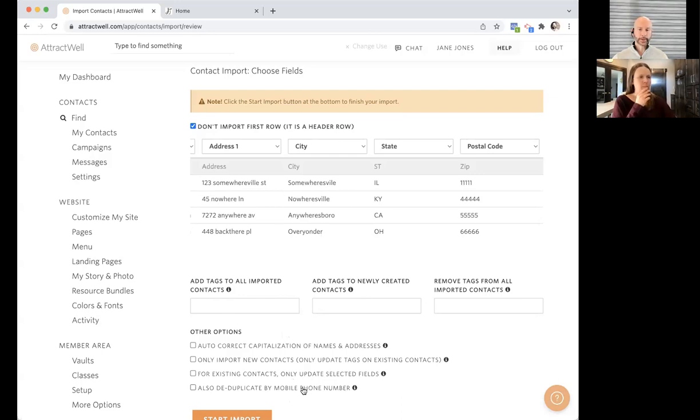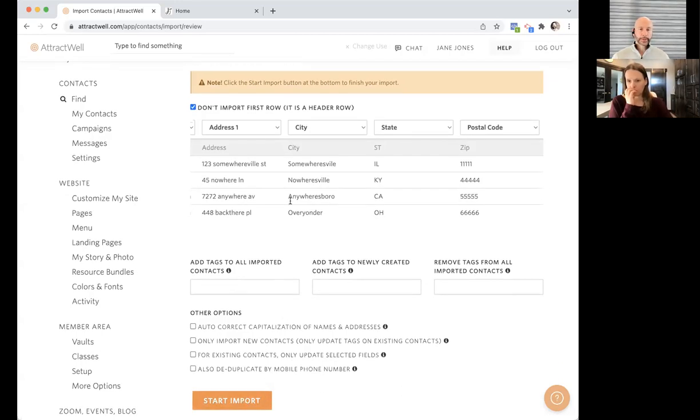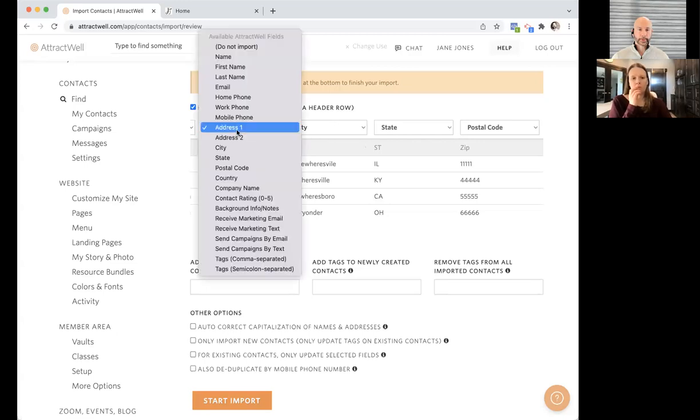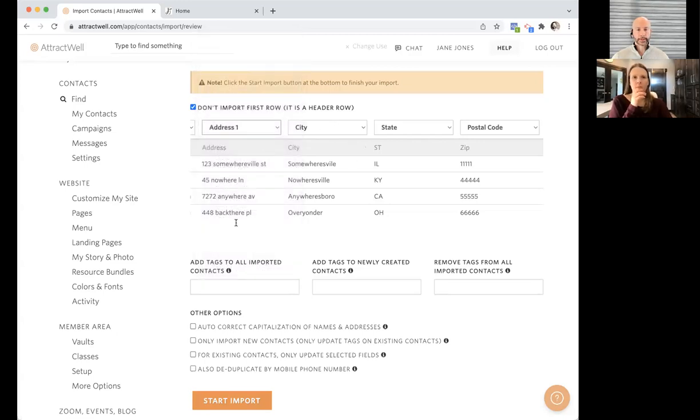If you only have a file that has a phone number in it, no email address, you would have to check that box in order for it to import. But basically, just verify that the correct column is selected for the data that's under there. Review these settings down here, maybe autocorrect capitalization, and then start import, and it'll put all the contacts into your contact manager,